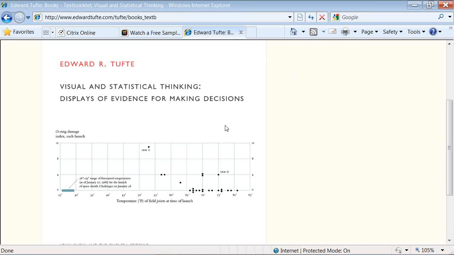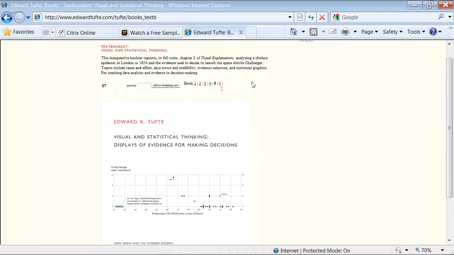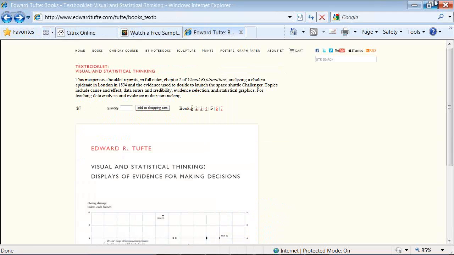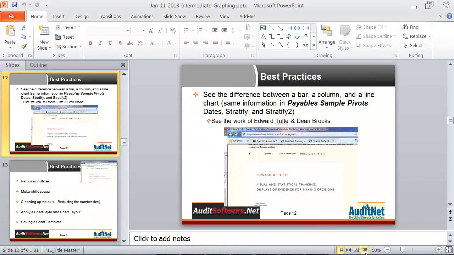I haven't really explored his website. This book here is $7, so he's really come down. I bought some hardcover copies of the books, and they're more in the $40 range, like this one is. Kind of great to inspire you to do very useful graphs.